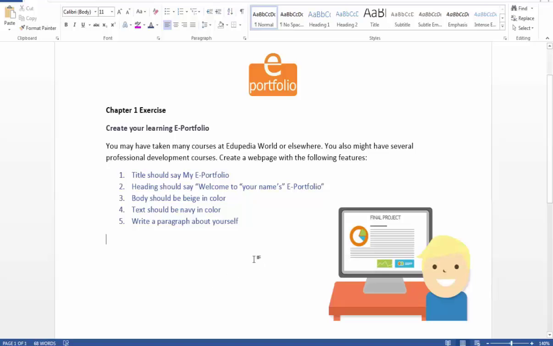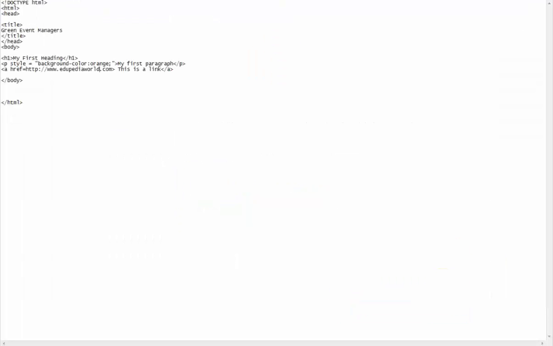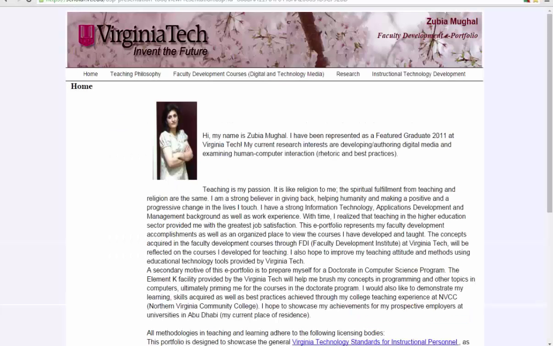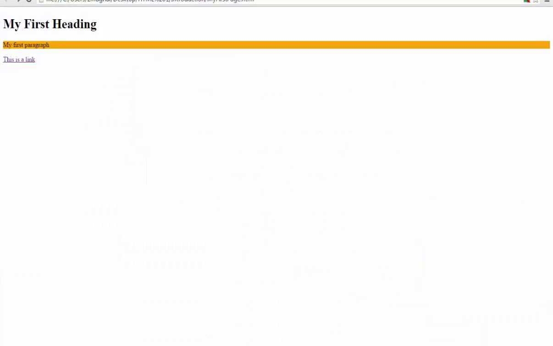So what's next? Next we have more about attributes. We're going to play with some more code, and we're going to write code in Notepad and bring it up here. So up next